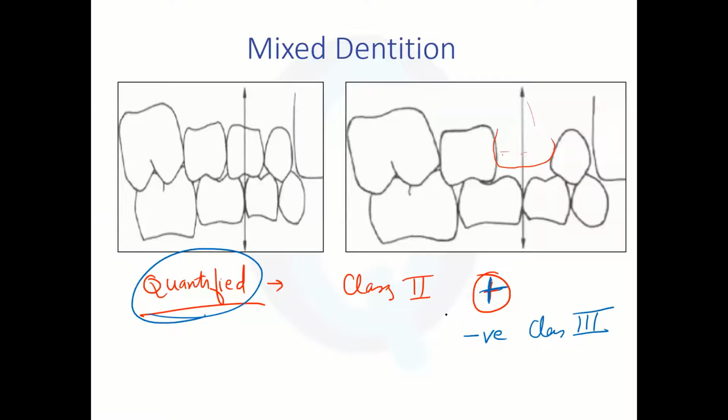Dr. Shivani has asked, what is the significance of Katz if we classify according to molar relationship? Sometimes if the molar is not present, then you can use Katz premolar classification. Angle said that if there is even one deciduous tooth present, you cannot classify according to Angle's classification, so you can use Katz premolar. It is up to you if you want to use Katz or not, but you need to remember it for your exam purposes.